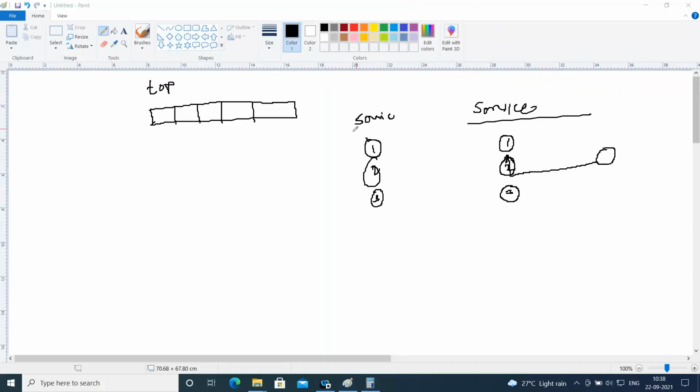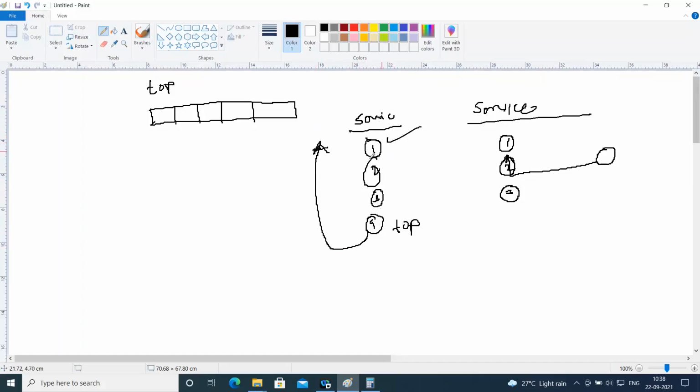So, if we use the stack to service this, we know that the person who enters the queue last will be served first. Now, this is the worst scenario, because number one has been waiting in the queue for a long time, and if we apply the stack structure, the person who enters the structure last will be removed first. This is the top, right?